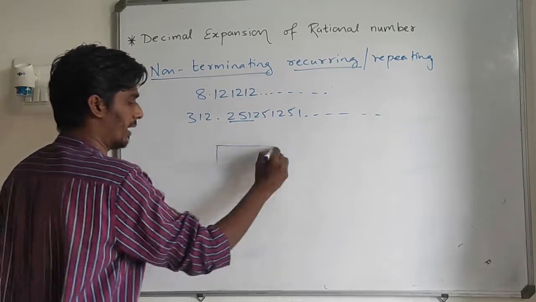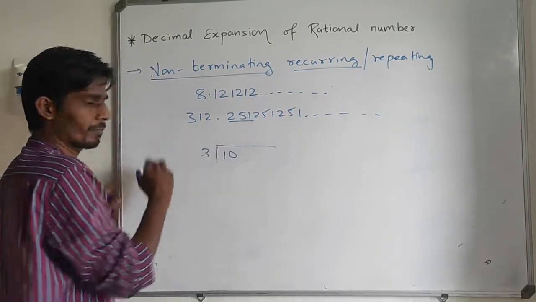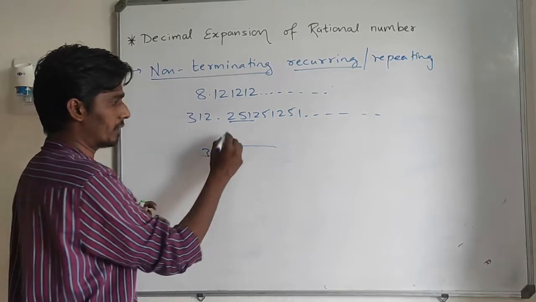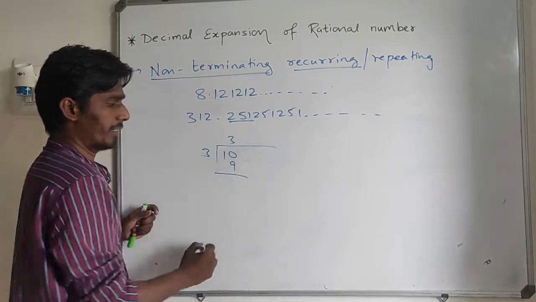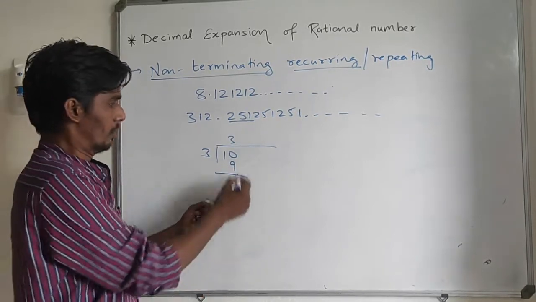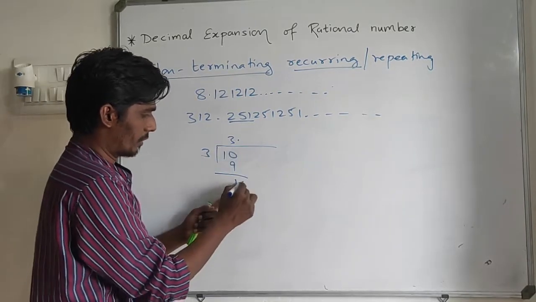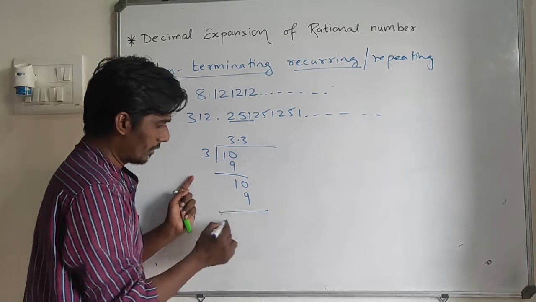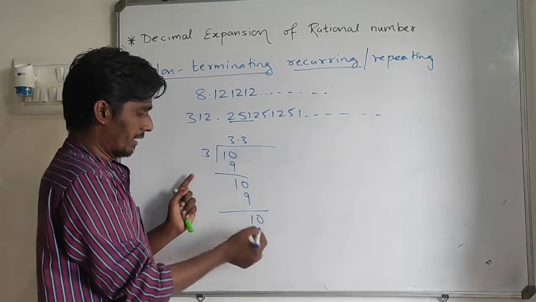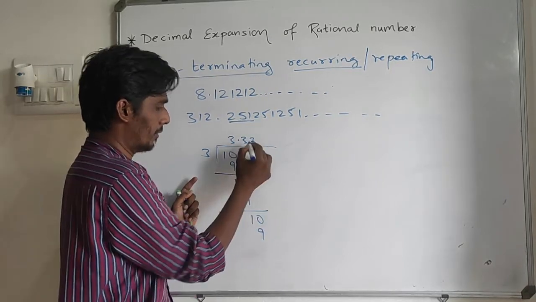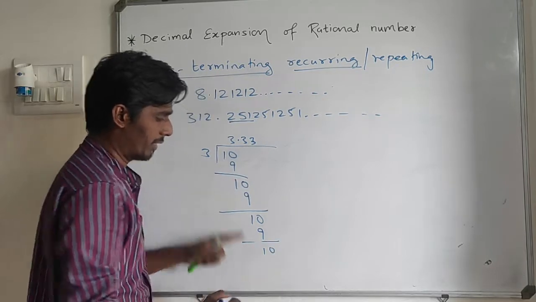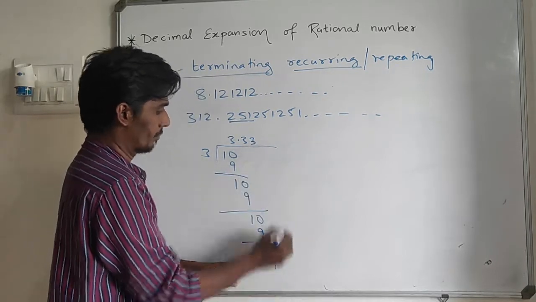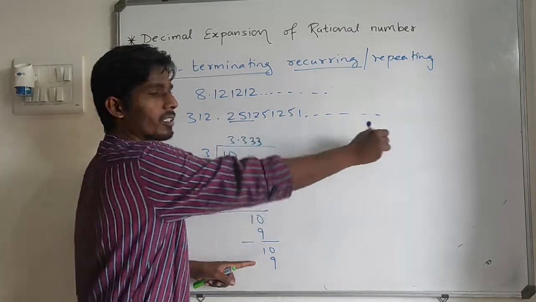Just look at the example like 10 divided by 3. 3 how many times in 10? 3 threes are 9, 1 will remain here. Then decimal point, 10. Again I have to take 3, then 9, remainder 1, 10. Again it's 9 here, again 3. Then again remainder 1, 10, and again 9 here, again 3. So it keeps on coming here.